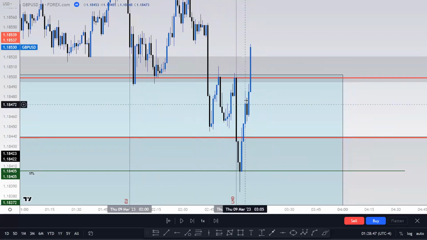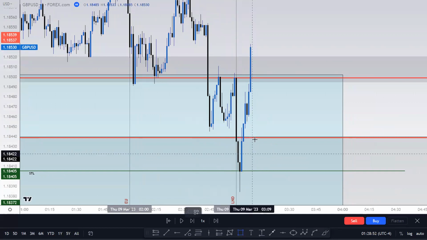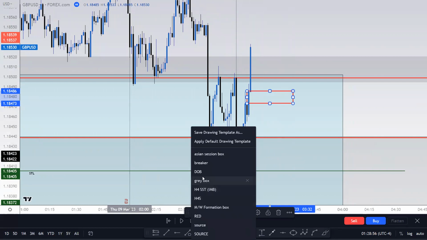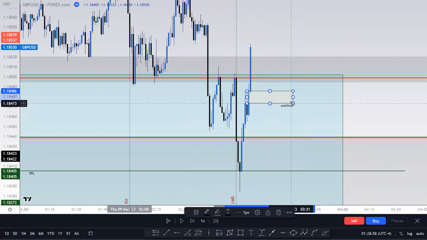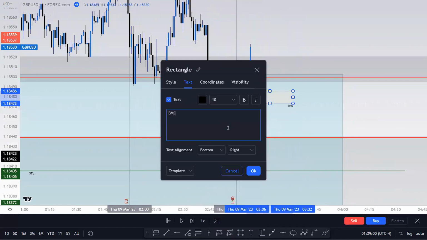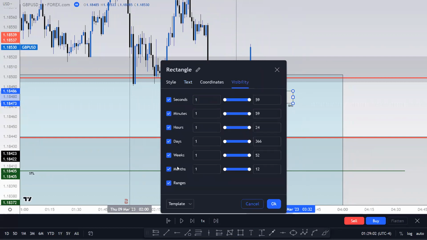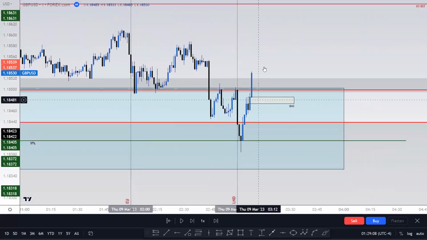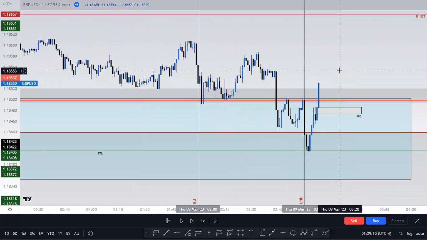So we can see that price creates an intermediate high, breaks above that intermediate high, leaving an imbalance right there. So this was my entry confirmation to go long. So it's a break of market structure. Okay. So now that I have a break of market structure on the 1 minute time frame, the next thing I'm